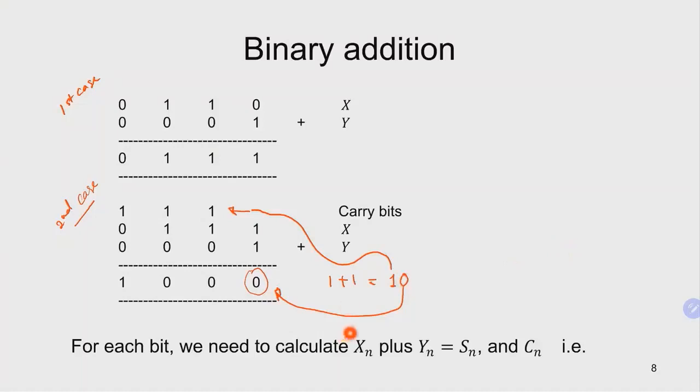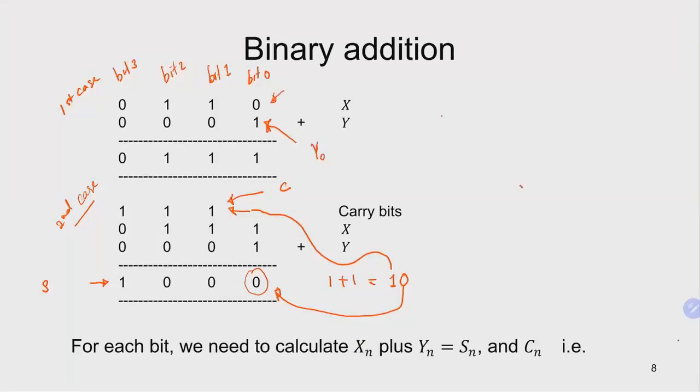So here we have the top row, we call it X. The second row, we call it Y. And then we call this row the sum. And the top row, the carry over here, we call it C. So what we have is Xn, where N is the index of our binary bits. So if we call this bit 0, this will be bit 1, bit 2, and then bit 3. So to refer to these bits here,